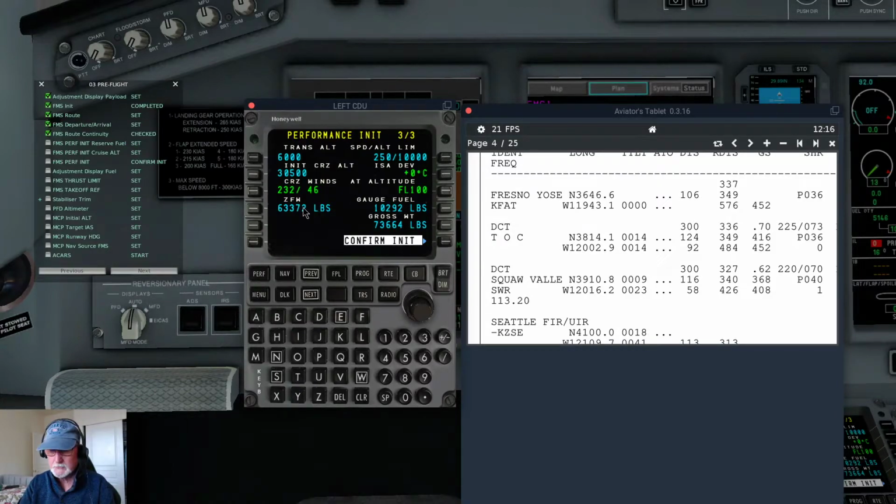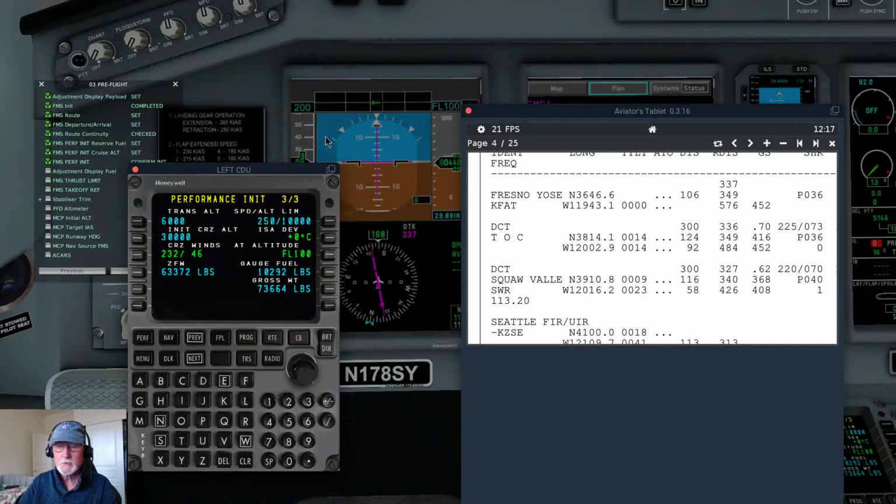So let's go ahead and do 30,000, which is what SimBrief has as its recommendation of what our traffic controller is going to tell us. So we do a confirm init. Let's go back over here. We've done our reserve fuel, cruise altitude, and our perf init. Now we can go back over to our